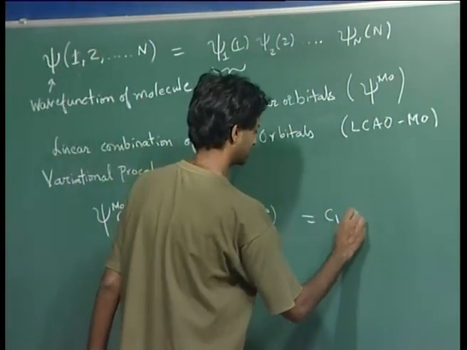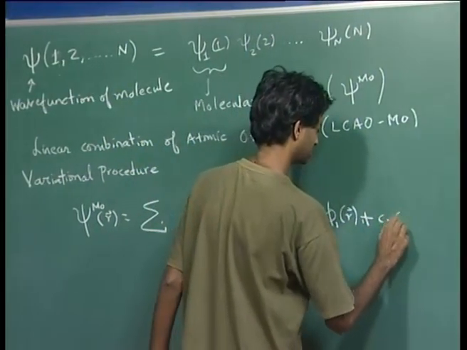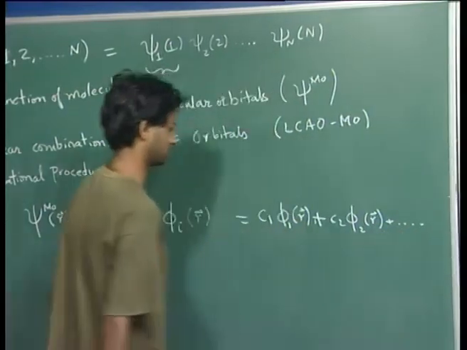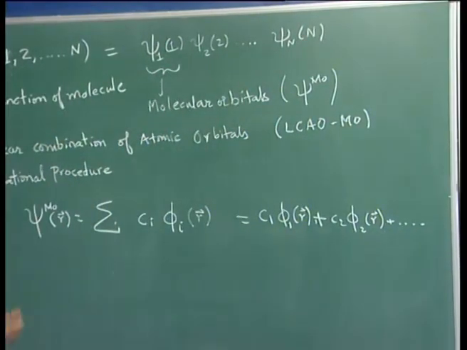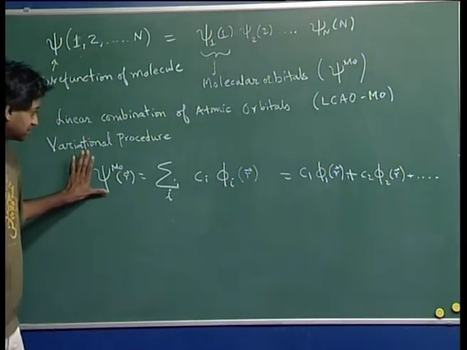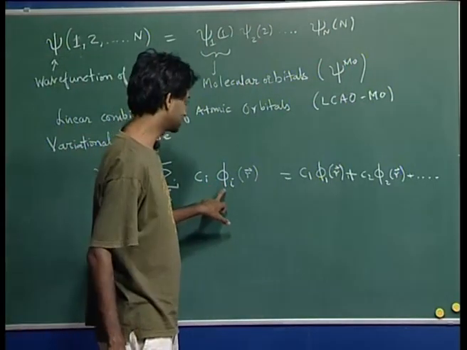So you can write this as C1 phi 1 of r plus C2 phi 2 of r plus and so on. Okay, so you're summing over i. Okay, so this is the basic idea, that you write a molecular orbital as a linear combination of various functions,